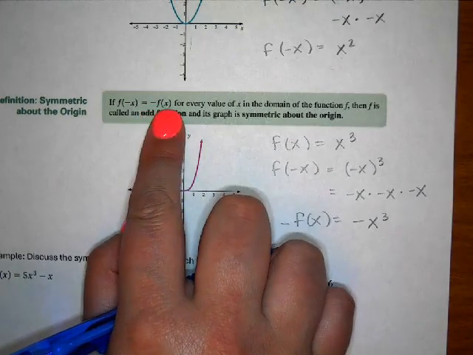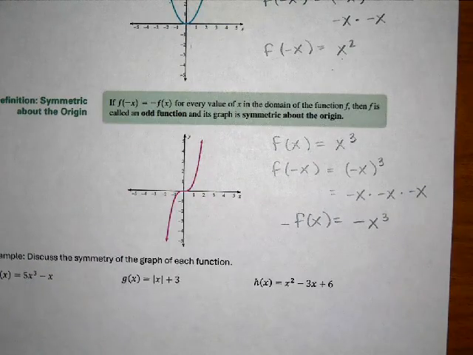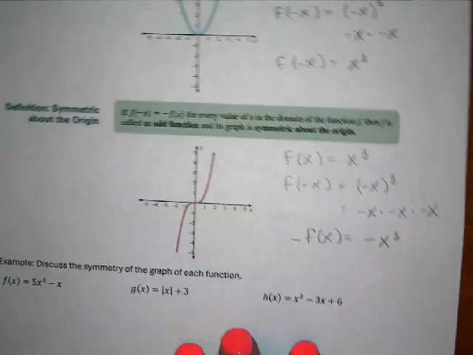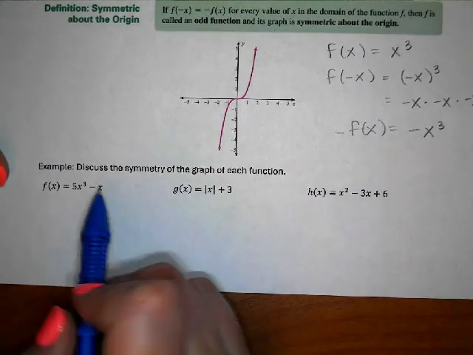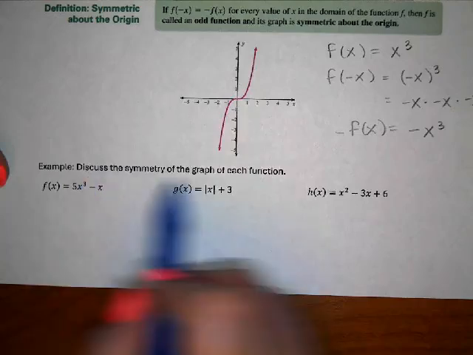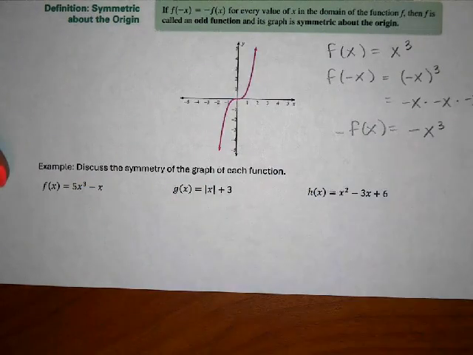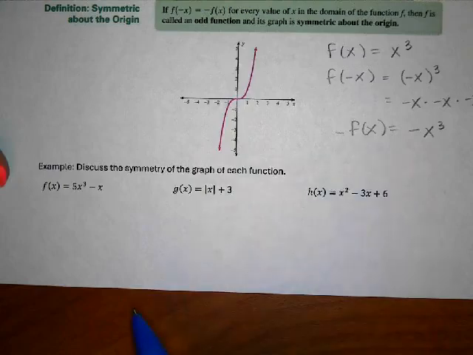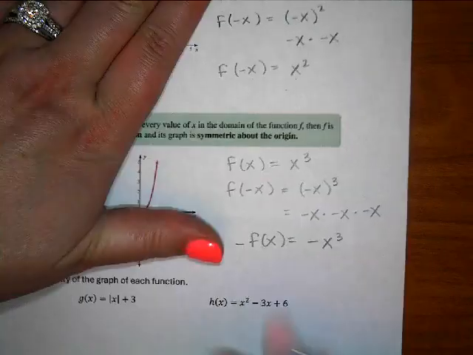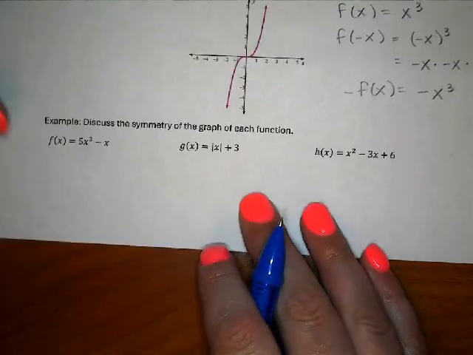So what we're going to do next is look at a few examples and just determine their symmetry. Another way that we could describe these examples is, instead of saying discuss the symmetry, we could say determine if they're even or odd. The procedure would be the same. So we don't have pictures of these, we only have the equations, which means we have to do these algebraically. We have to use the method where we plug in negative x and see what happens. So plugging in negative x,